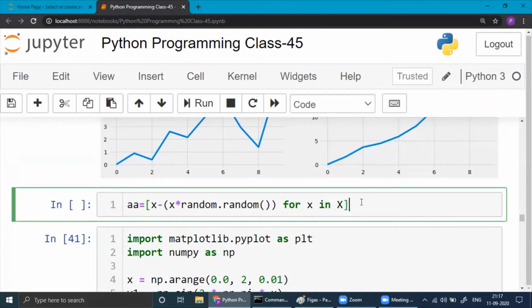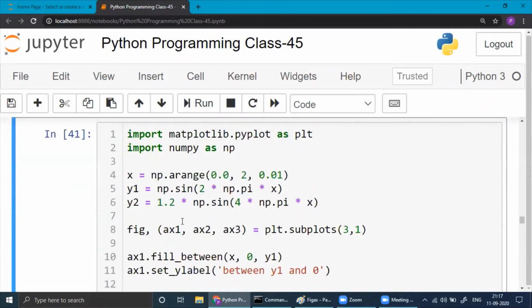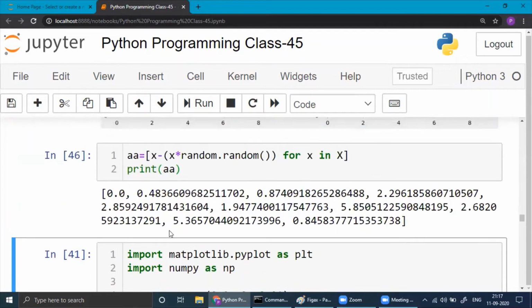Let's print this. So this is what we'll get. x into random.random for x in X.